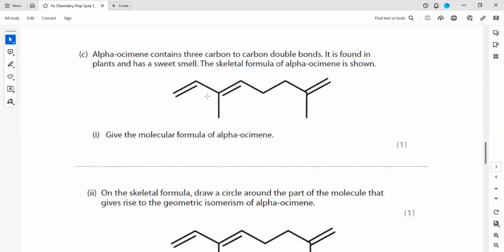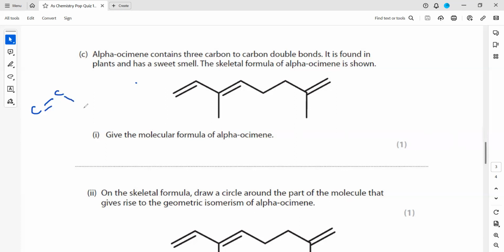In part C, alpha-ocimene contains 3 carbon-to-carbon double bonds. It is found in plants and has a sweet smell. The skeletal formula is shown. Give the molecular formula. To give a molecular formula, because hydrogens are not given here, count the carbons: 1,